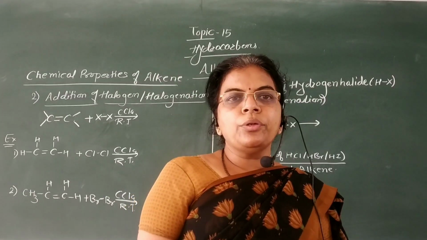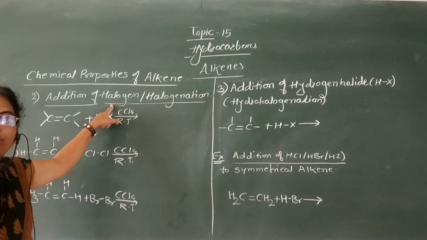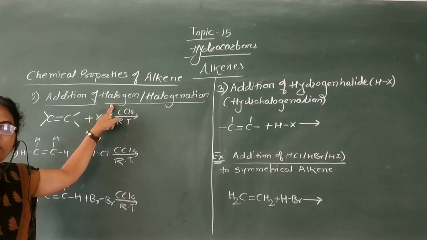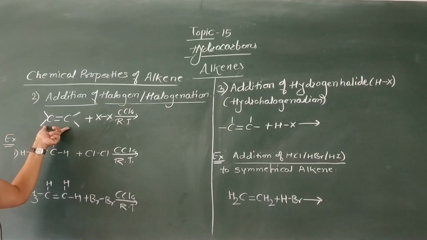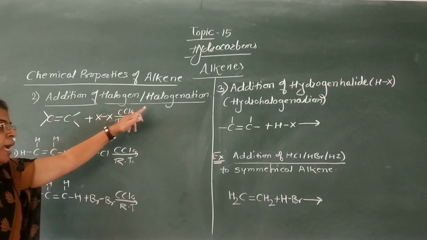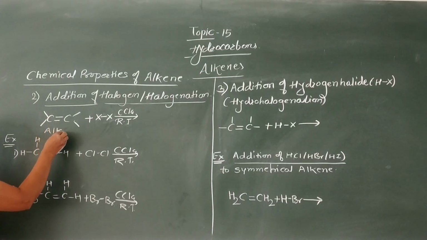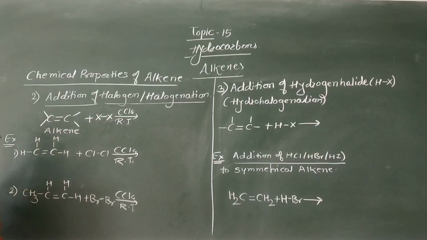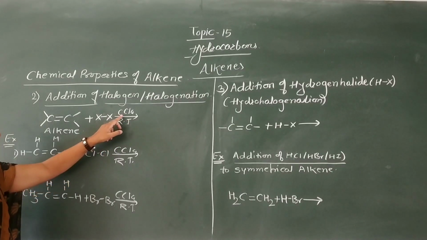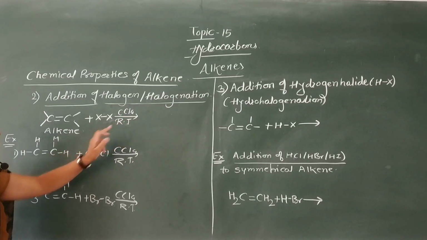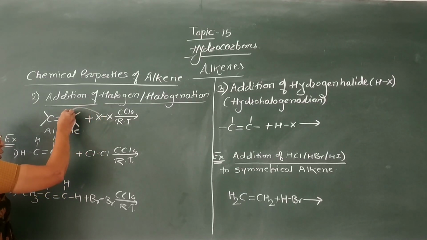Second reaction we are going to see is addition of halogen, that is addition of halogen molecule, Cl2, Br2 or I2, across the double bond of this alkene. This reaction is also named halogenation reaction. Now when alkene is treated with halogen molecule, that is X2 molecule, in presence of non-polar solvent like carbon tetrachloride at room temperature, then addition of this X2 molecule takes place across the double bond of this alkene